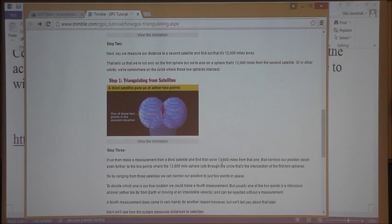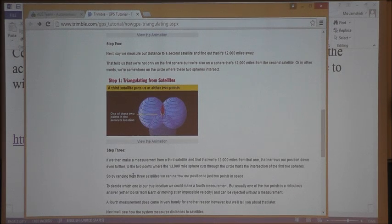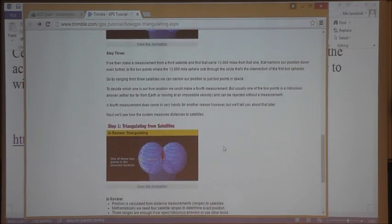and find that we are 13,000 miles from that one, that narrows our position down even further to 2 points. Okay, one's intersection of this and this one and that one, these 2 points. So by ranging from 3 satellites, we can narrow our position just to 2 points in space. To decide which one